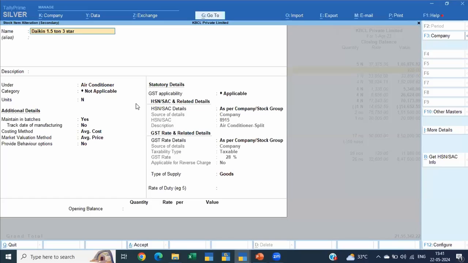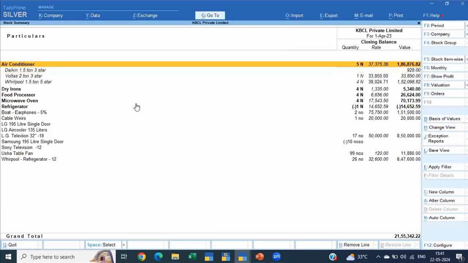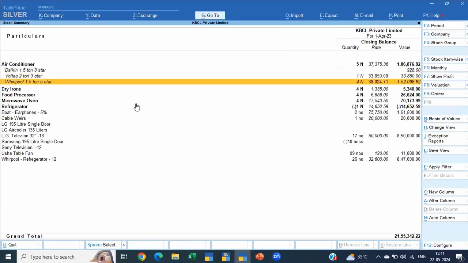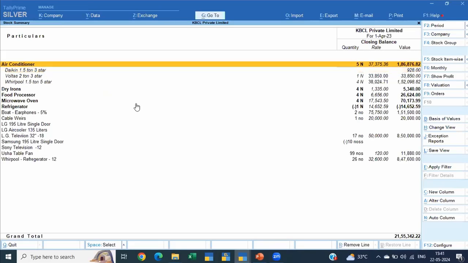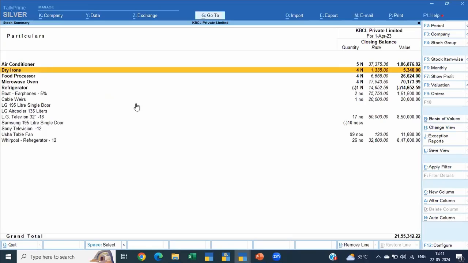But caution, the moment it is done in group and stock item, there'll be a conflict and your entries might have a mismatch. So I would always suggest, if at all you want to make changes there, remove it from the stock group level and do it for all the entries. Or just keep them without the setup, which would be a better option.